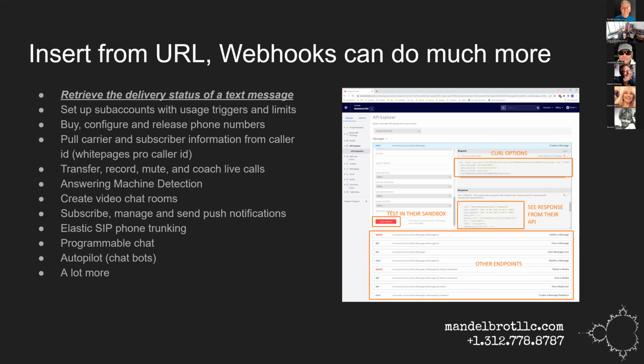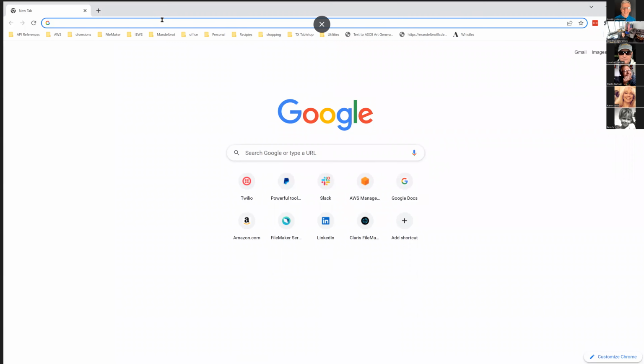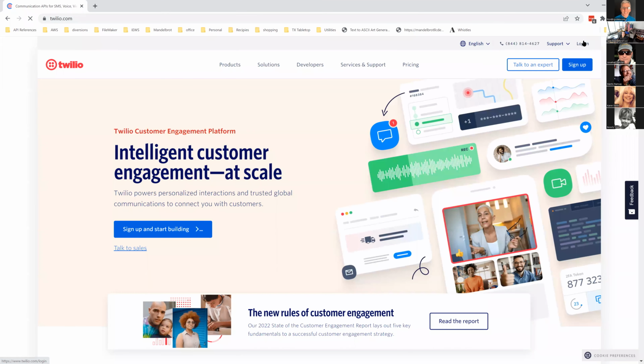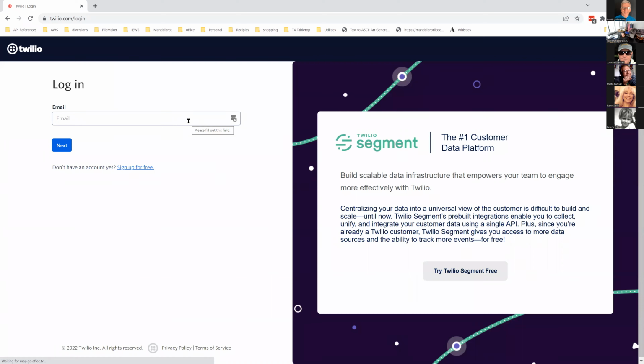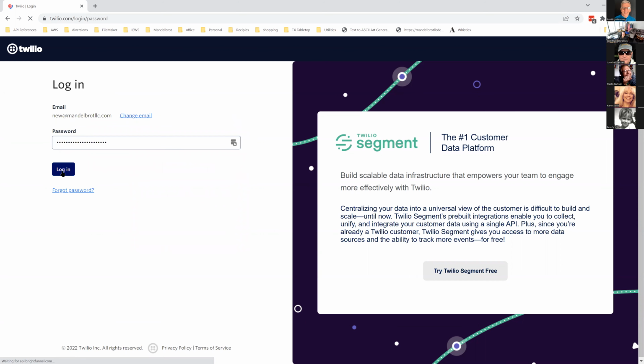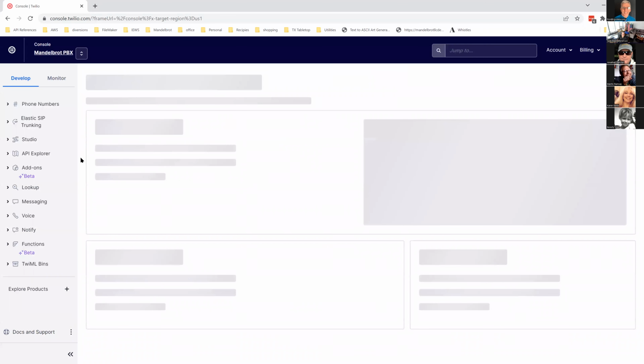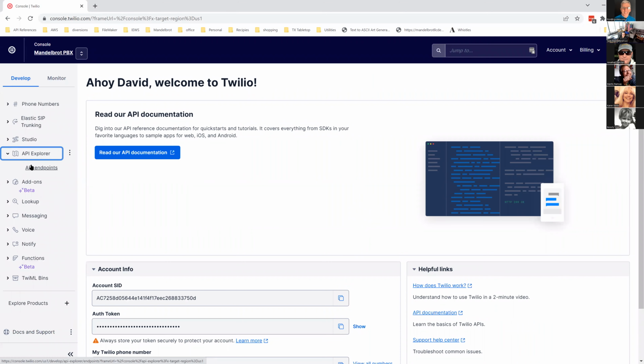Let me grab a new window here. So if I go to Twilio, see if I can log in real quick. When you're doing curl options for these things, especially when you're creating these requests, it can get very, very tricky to remember how to do them. Oop, two-factor authentication. No, okay, I must have signed in the last 30 days.